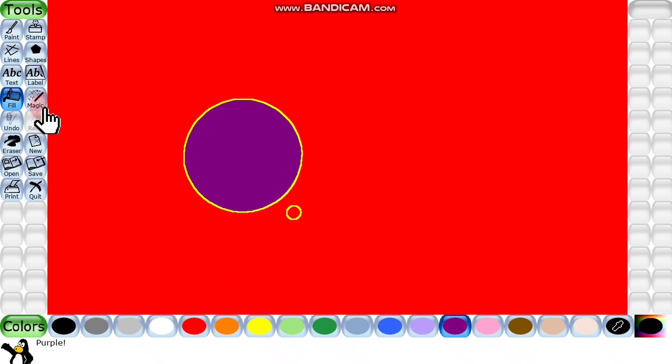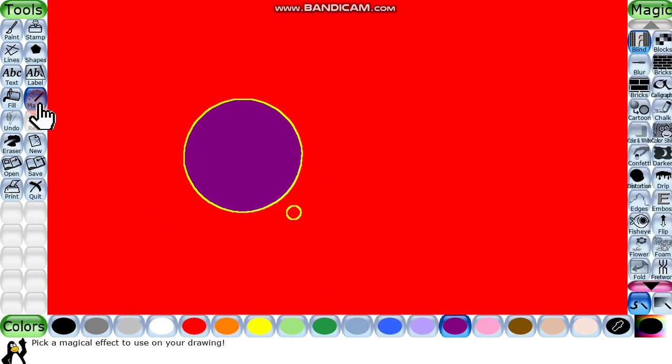Now here comes the magic tool and this is the real magic. And this magic effects provide different kinds of tools. And it has very special effects. So what are the effects? Let us talk about it. First option which you see, that is bricks. And brick का मतलब क्या है? Bricks जैसा look. So we will just choose it.